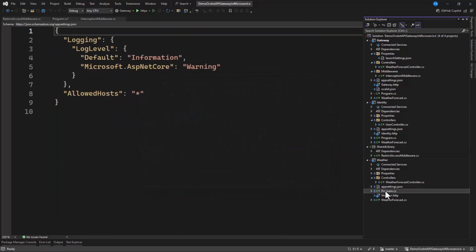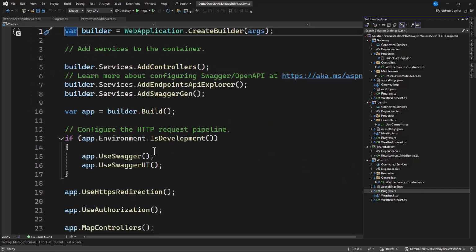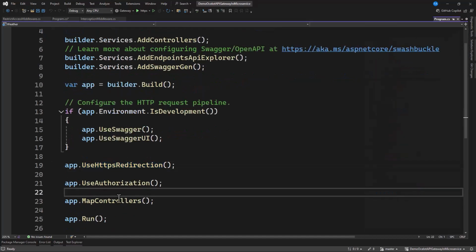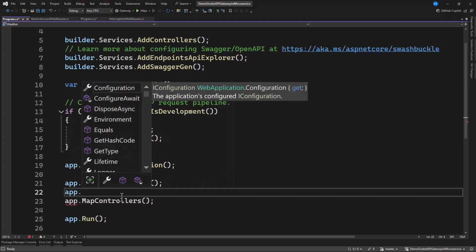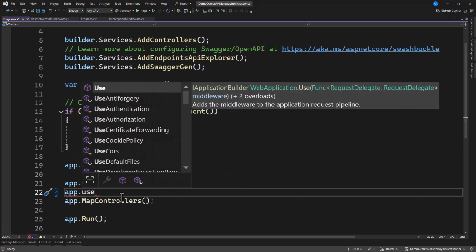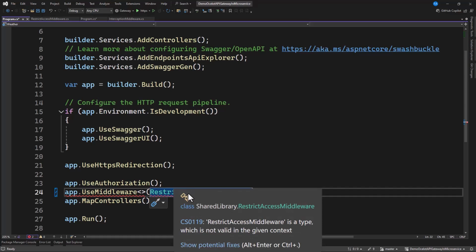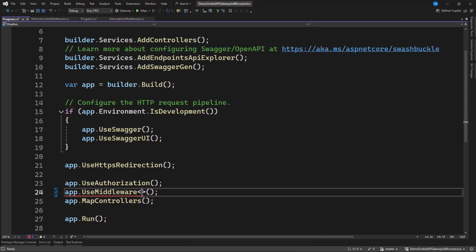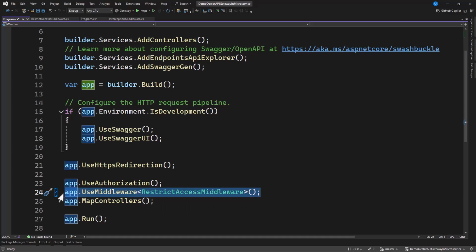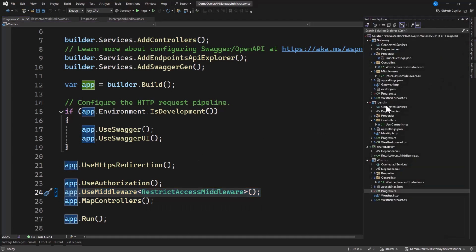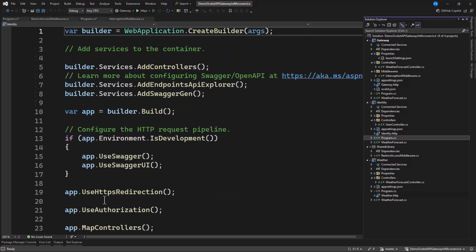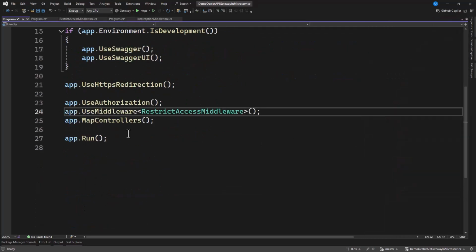Now let's include them in the various program files. So in here, what we're going to do is use, maybe on top of the controller, we say app.use middleware. Then let's include this middleware, that's a request restrict access middleware. Oh, it shouldn't be here. Rather. Okay, so let's grab this. Let's go to the identity program.cs file, and in here we paste it there, and that is all.